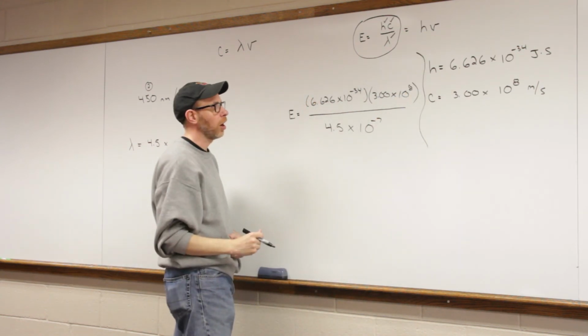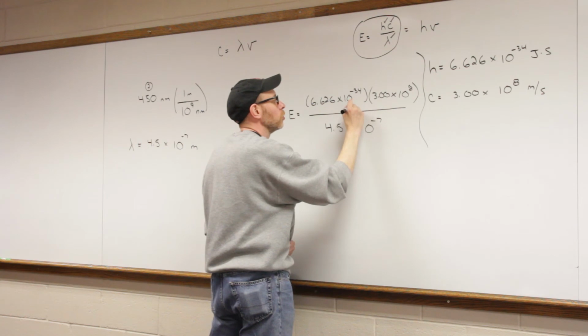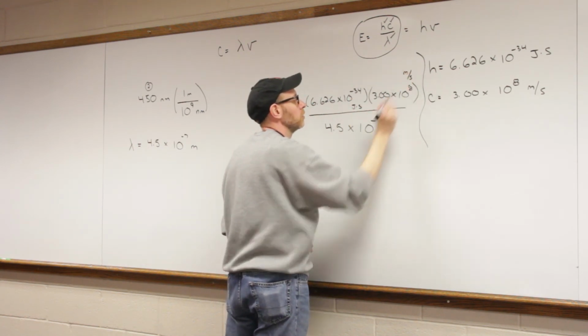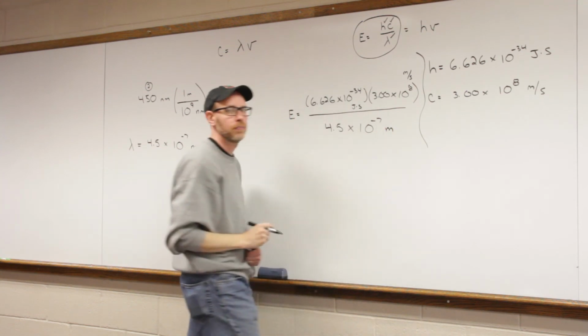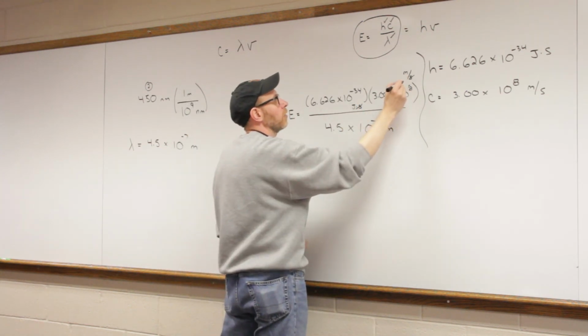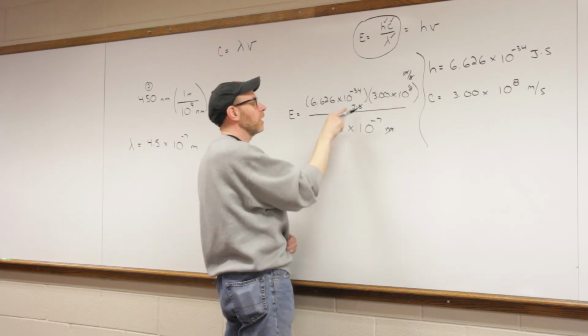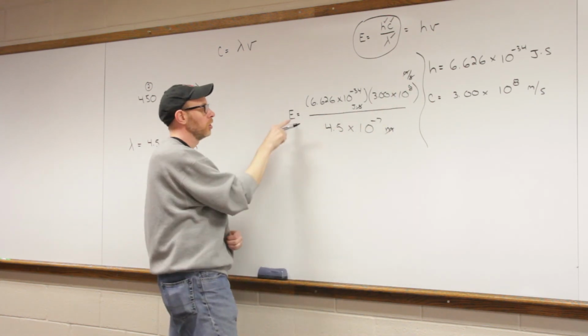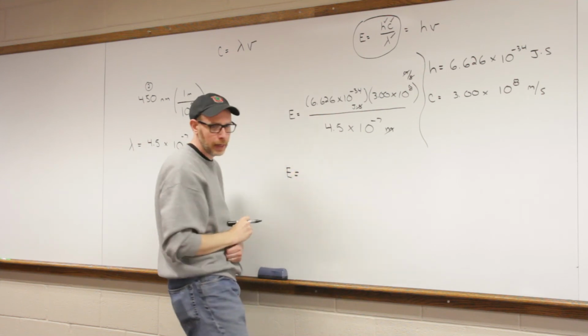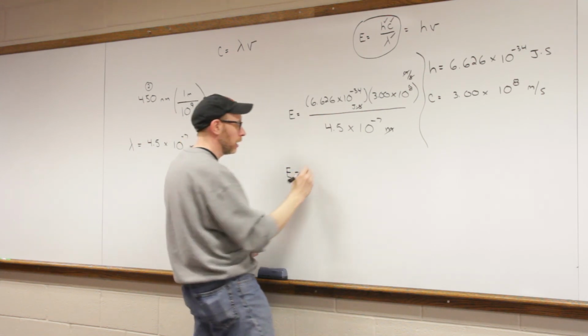If you're following along, this is joule seconds, this is meters per second, and this is meters. So the seconds are going to cross out, the meters are going to cross out. I'm left with a unit of joule. Joule is a unit of energy. So I plug this into my calculator, and I should end up with